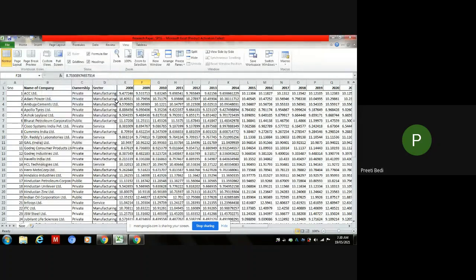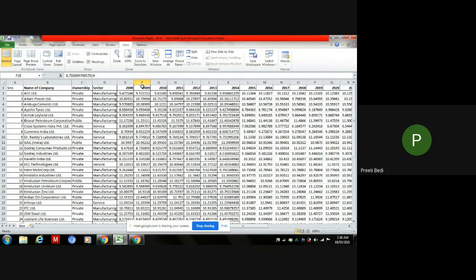Now, how to get this Tableau add-in? I have also posted one video on how to install this Tableau add-in in your Excel, and a link is given to you in the description. If you click the link and follow all these steps, you can simply install the Tableau add-in in your Excel. Once you have inserted that Tableau add-in, it will be shown over here. And with the help of this simple click, I'll be able to transpose my entire data and reshape my panel data as per my requirement.